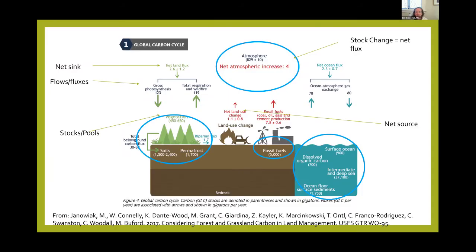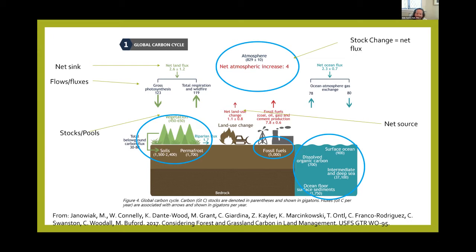Okay. There's a lot on this screen. I'm going to distill it to a few things. There's carbon in 4 major pools. There's carbon in the atmosphere. There's carbon in the vegetation, soils, and the actual vegetation above ground. There's carbon in the ocean, and there's carbon in the fossil fuel reserves, which on a long time scale used to be vegetation. Fossil fuel is just a one-way street.